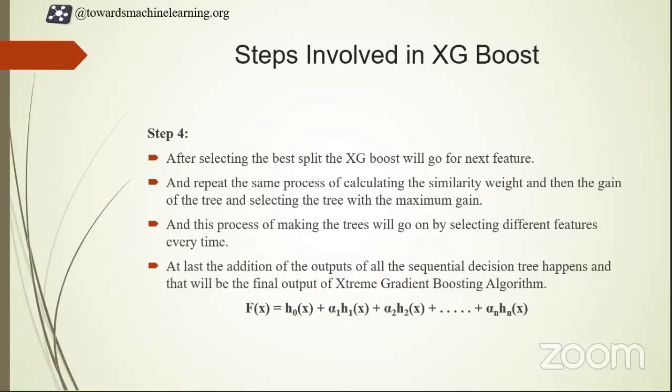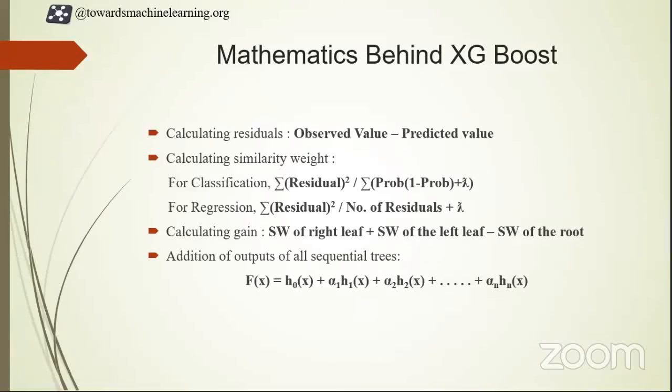And at last, similarly to gradient boosting, the addition of all the trees is put together in order to get the final output. I think all these things are clear to you. This is the mathematics behind XGBoost. It is the same as gradient boost, just with a little difference of calculating the similarity weight and the gain and selecting the best feature for the split. That's why it's better than gradient boosting. We have one more concept